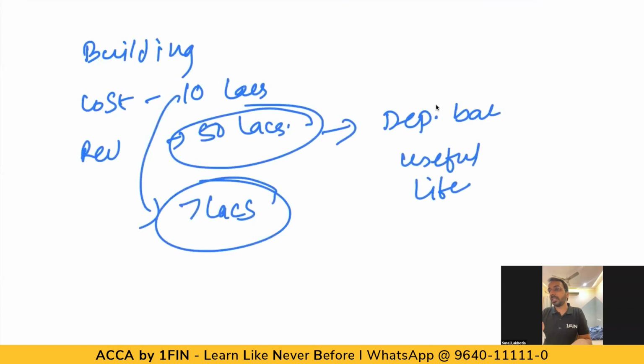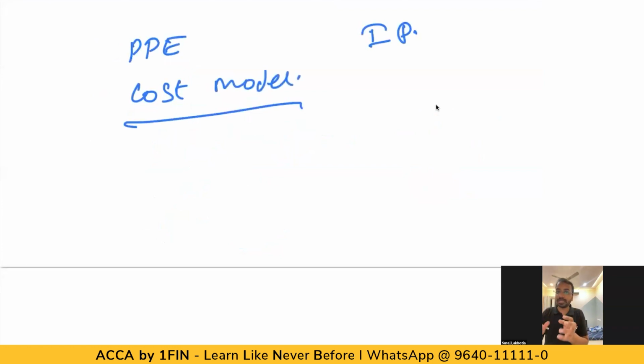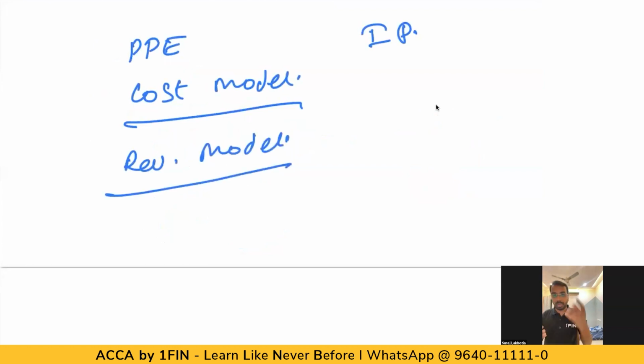Okay. What happens when IAS 16 changes to IAS 40 or vice versa? So if you are moving from PPE to investment property, if it is the cost model, there is no impact because in both cases you are following the same method. But if it is the revaluation model, you need to revalue under PPE and then transfer it to IAS 40 investment property. If it is under investment property, again do the revaluation and bring it to property, plant and equipment. Okay, that is how it is done.